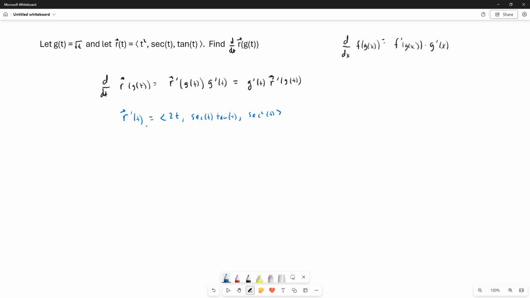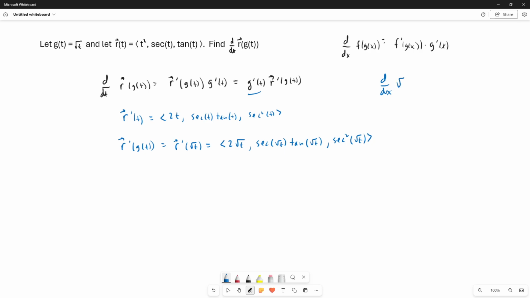We need r prime of g of t. So r prime of g of t is r prime of the square root of t. So we have to put the square root of t in for t here. So that's 2 square root of t, secant of square root of t, tangent of square root of t, secant squared of square root of t, and then finally we have to multiply that by g prime,